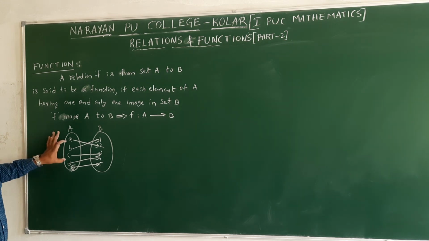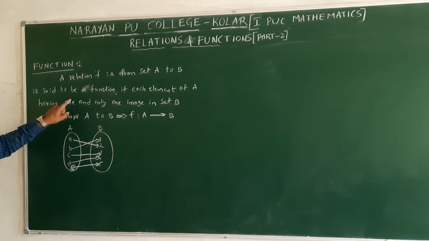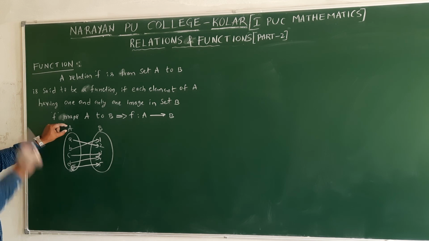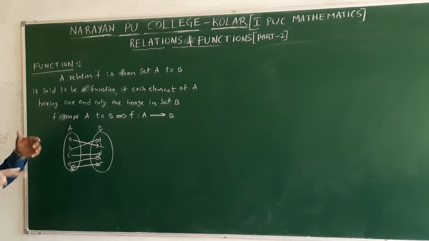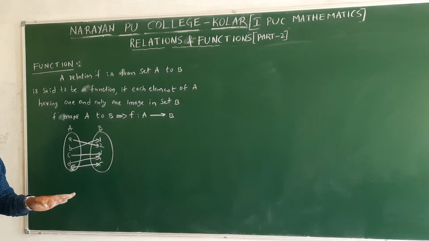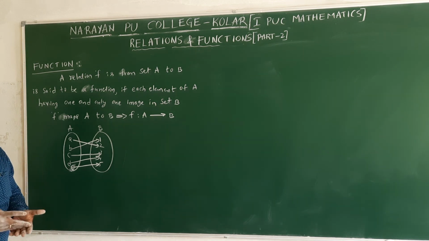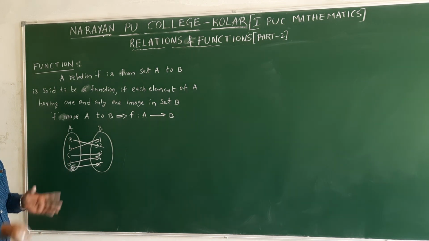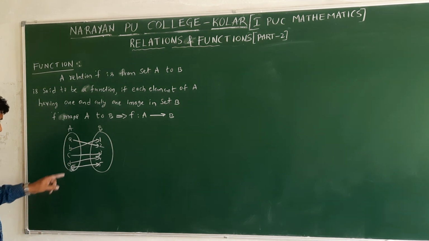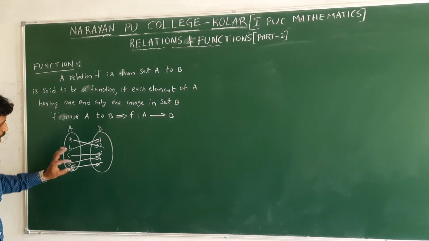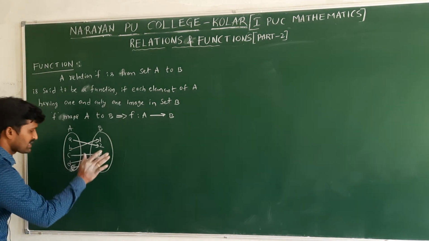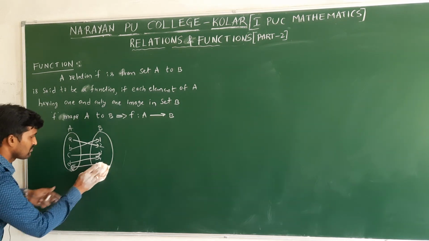This is clearly a function because each element of set A has only one image. That can be the same image or different images, not an issue. That we will discuss in second year. Different images or same images. Here C and D have different images only. For example, here 5 is not there. I removed it here.